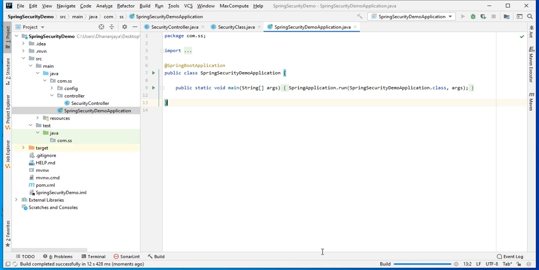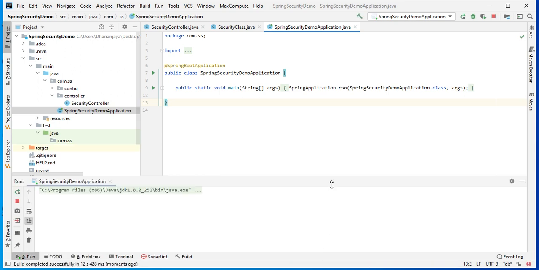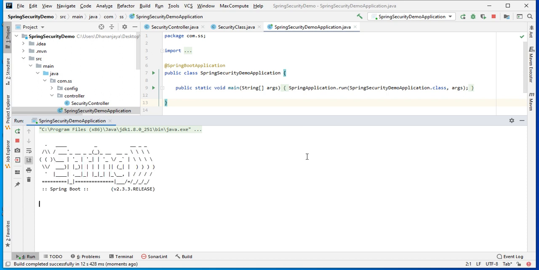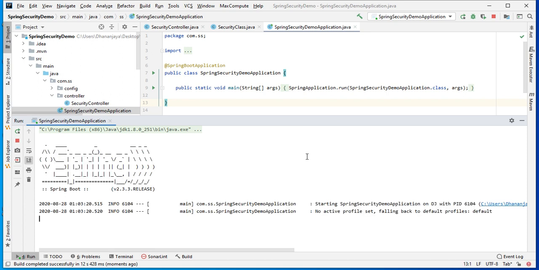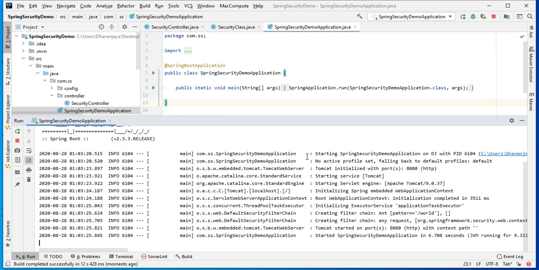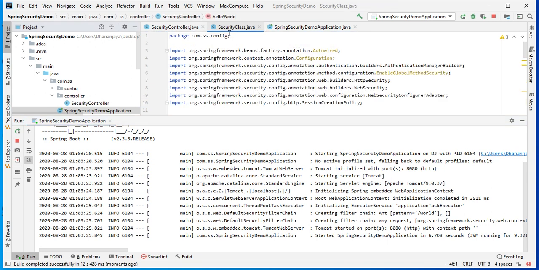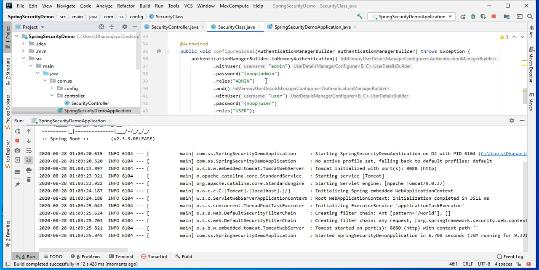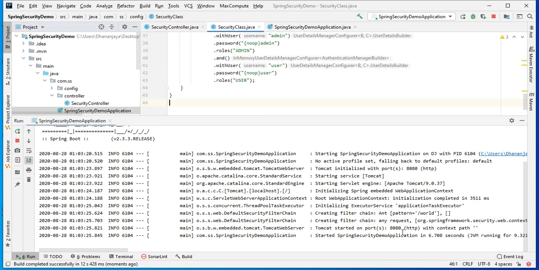Yeah, application is getting up. Okay, yeah, application is up on 8080 port.